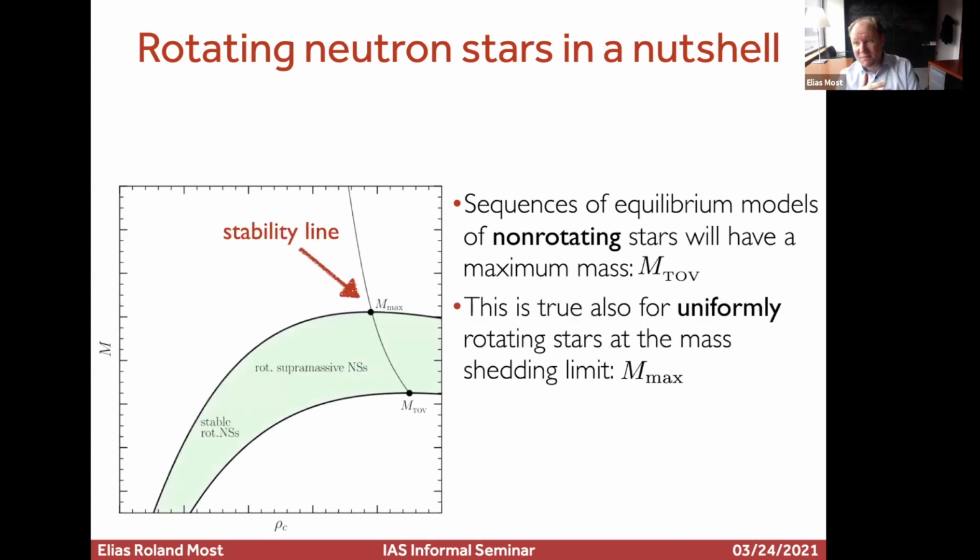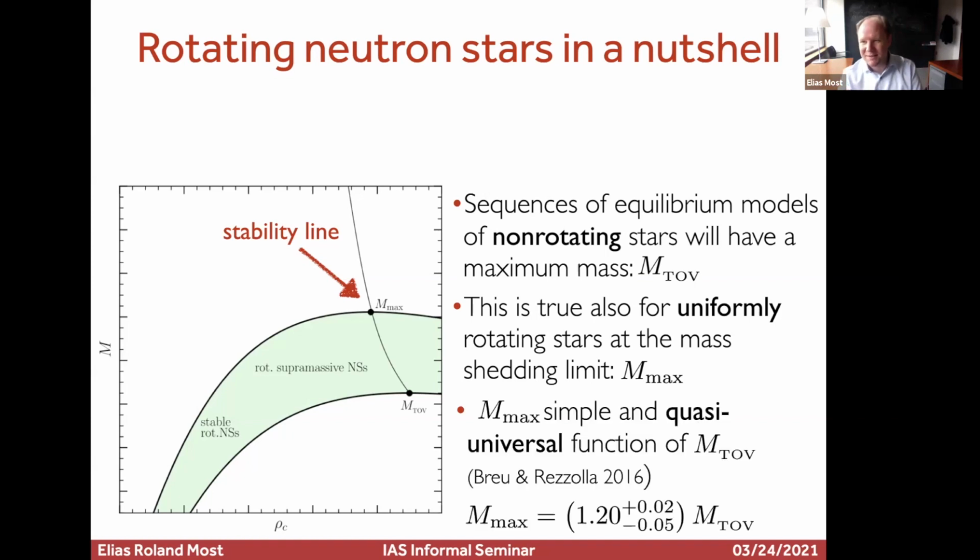Now, the interesting thing is, non-rotating neutron stars are cool, but most neutron stars are rotating, because that's what we see in pulsars. We see really spinning neutron stars. And if you have very high spins, neutron stars can support much more mass. In fact, it turns out they can support about 20% more mass. That's something you can find if you solve the equations for relativistic stellar structure of rotating equilibria for many, many equations of state and fit this; you get something like this 20%. It's a bit contested, and I will say something about it later, but that's the face value we should have in mind.